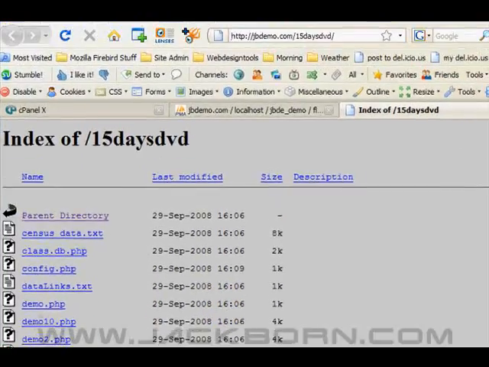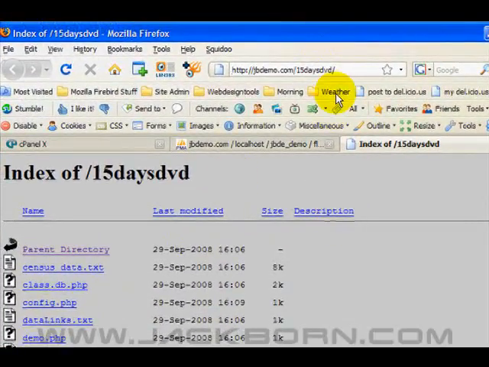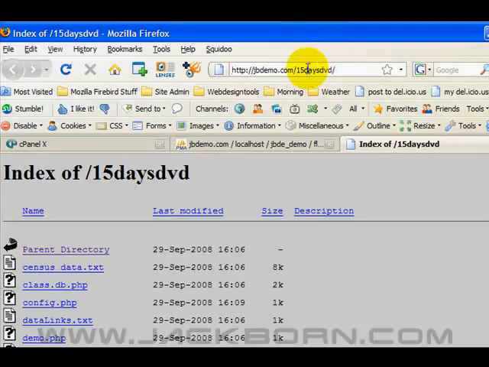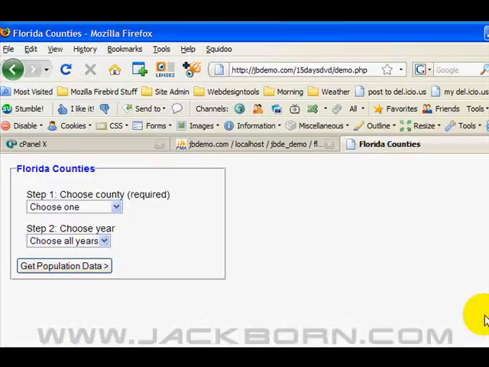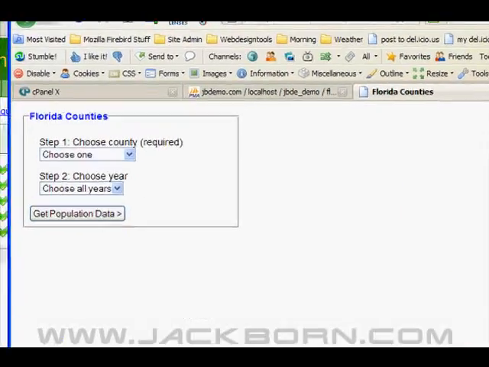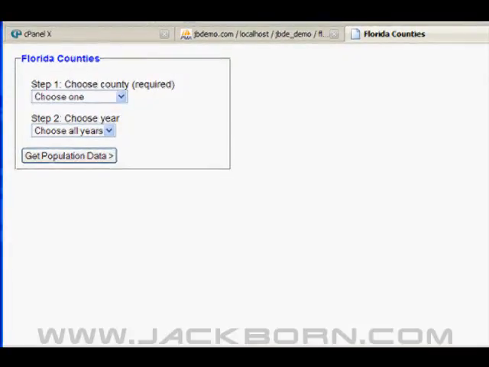Now let's say that yours is set up so that you can't just click on one of these by going to the main directory like so. What you want to do is go to your website, .com or .net, /the folder or directory is the correct way to say that, the directory that you created and installed these files in, /demo.php. Okay, so take a look at that. Your website/the directory you created where you installed my files/demo.php, and then just hit enter. Alright, so what we're looking at is a very simple